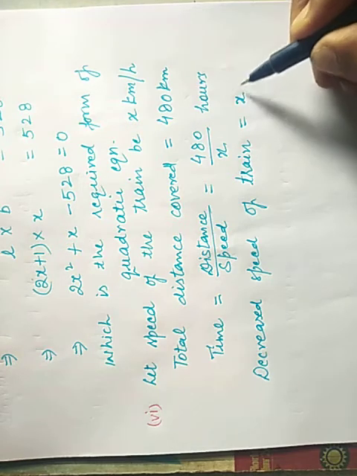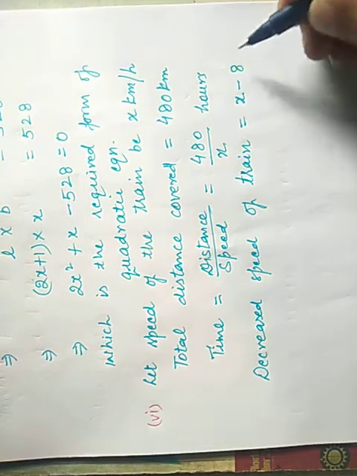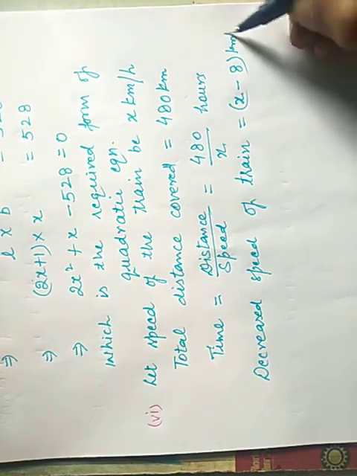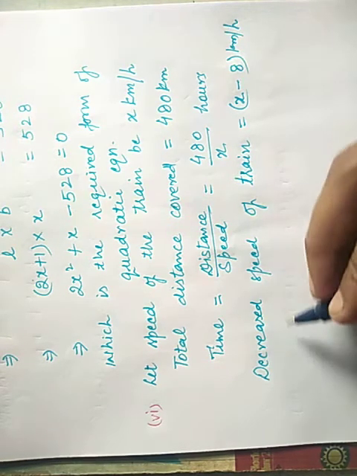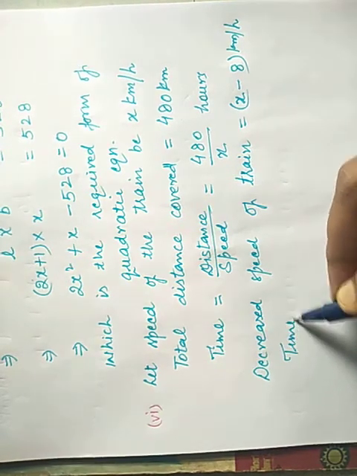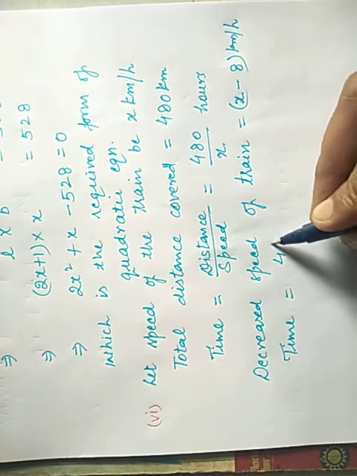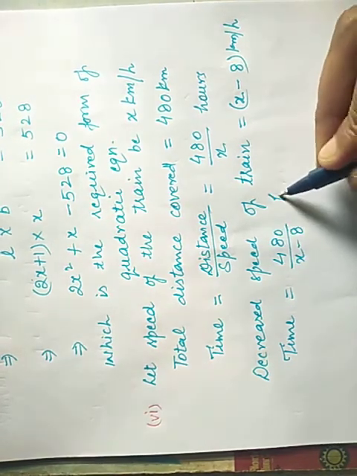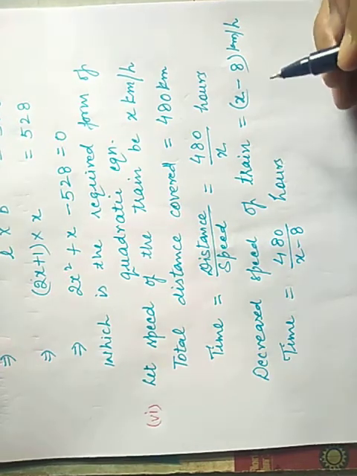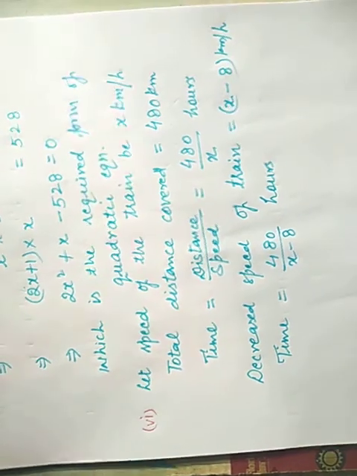So speed was x minus 8 km per hour. So now again we will calculate the time. Time will be equal to distance upon speed again. So 480 upon x minus 8 hours. Now according to question